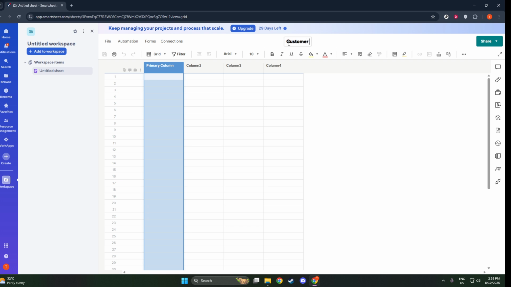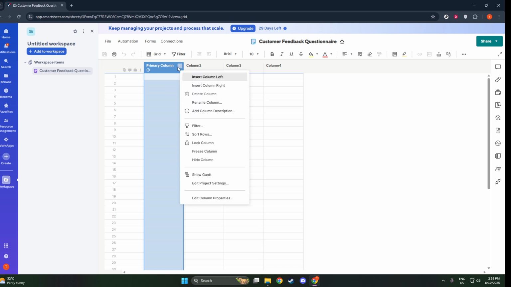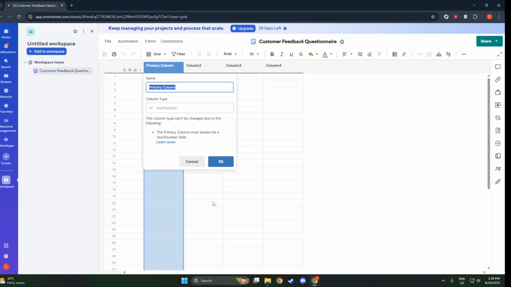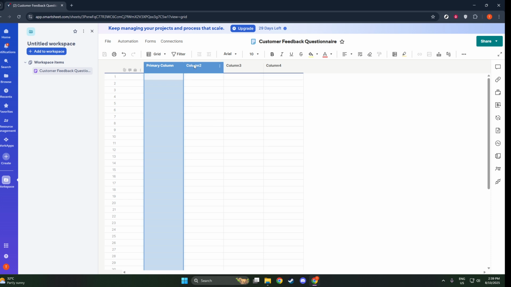First things first, you'll need to log into your Smartsheet account. Once you're signed in, look for the plus button located on your screen. Clicking this will prompt you to create a new sheet. Smartsheet offers a variety of templates to choose from, which can be quite helpful if you're looking to hit the ground running with a pre-designed format. However, if you prefer tailoring everything from scratch, starting with a blank sheet to customize it according to your specific